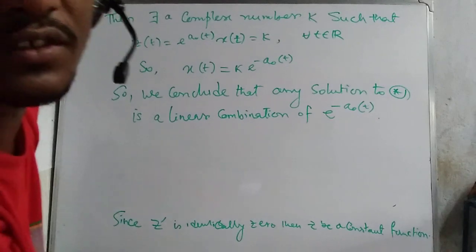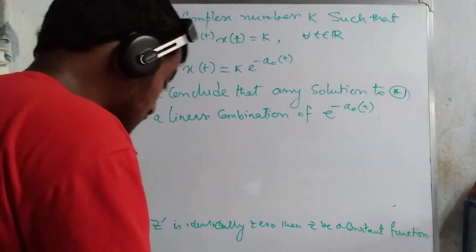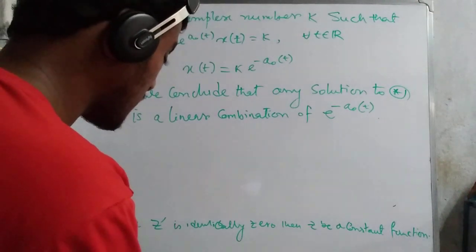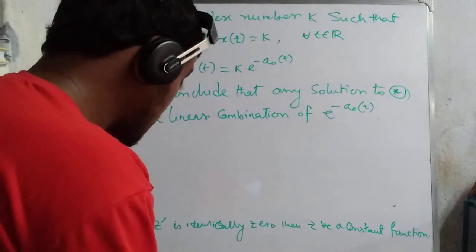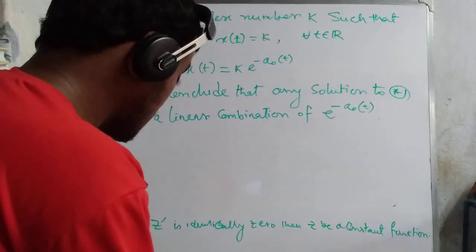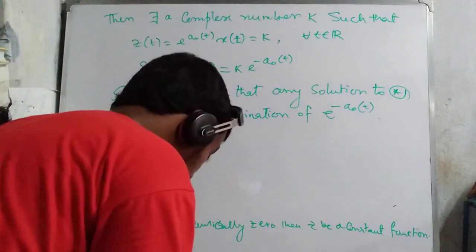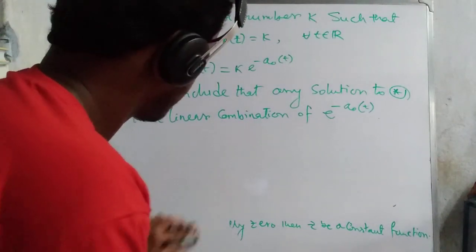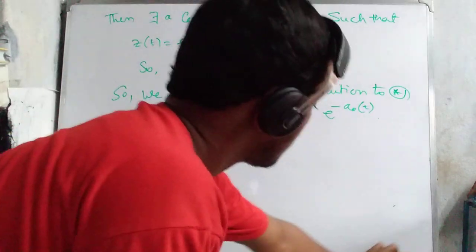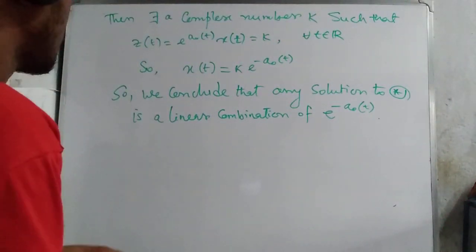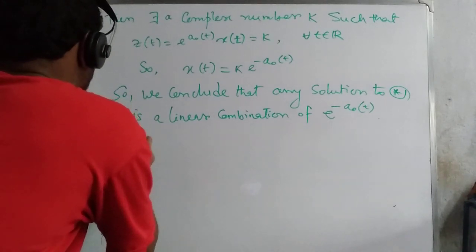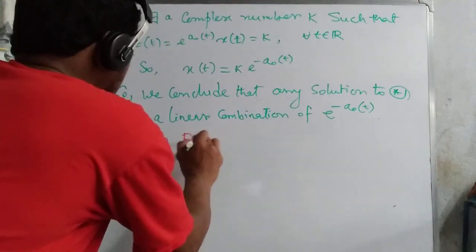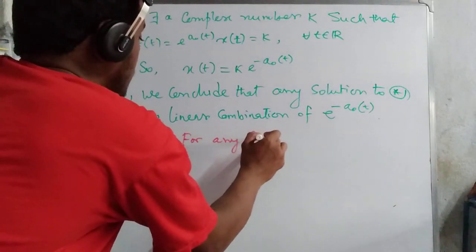That means we also discussed one simple theorem related to the first order differential equation, and obviously we also discussed the e to the power function and Euler formula. Now we are also going to discuss one corollary related to this theorem. So we write it now. Corollary: for any complex number c,